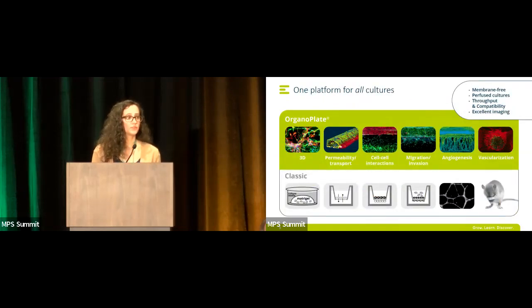So I hope you can begin to appreciate that the Organoplate is one platform for all cultures, and it often addresses the drawbacks of many of the classic laboratory setups. I think particularly when thinking about transwell cultures, we are membrane free. We also have that nice access to apical and basolateral sides. We can introduce perfusion to the cultures, which we find that fluid shear stress